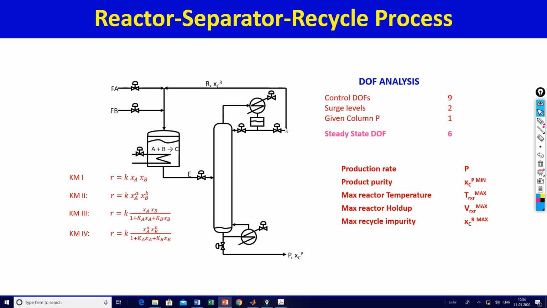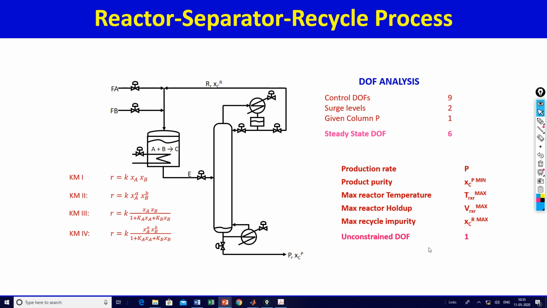Heavy things tend to deactivate the catalyst faster, heavy things tend to foul up faster, and so on and so forth. In this case, C is the heavy product, so you want to keep the recycle of the heavy product limited by a maximum. So there is a constraint on the maximum recycle impurity. So of the 6 degrees of freedom, 5 are now gone. This leaves 1 unconstrained degree of freedom. And now the question is, how should we optimally manage this 1 unconstrained degree of freedom?